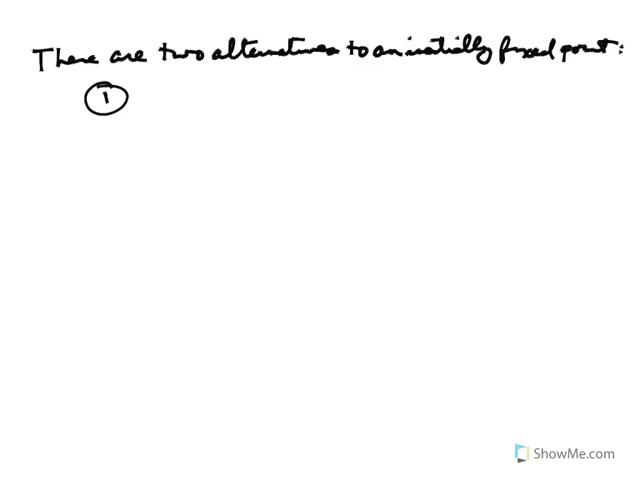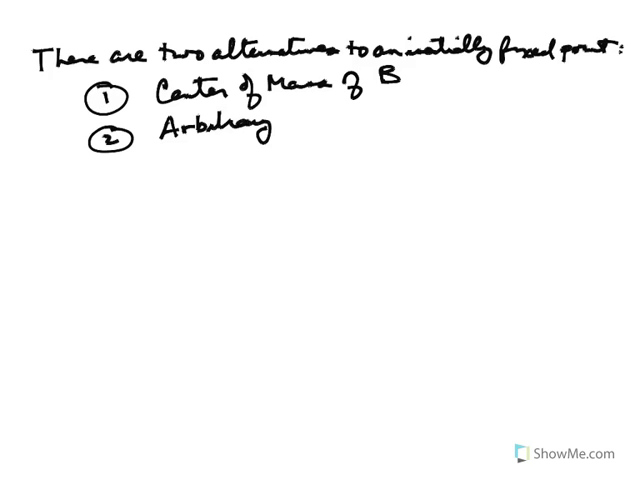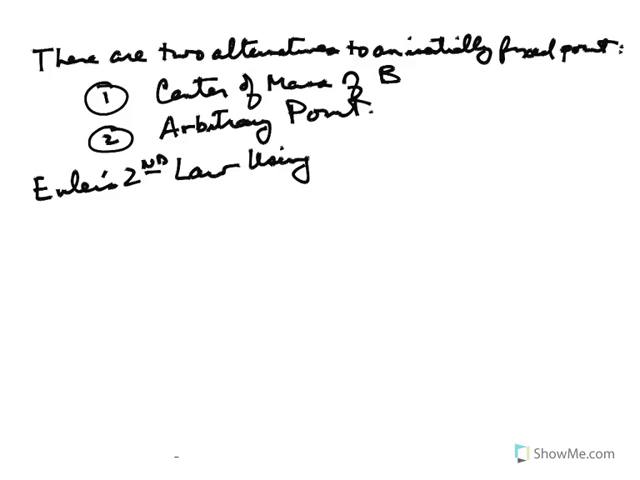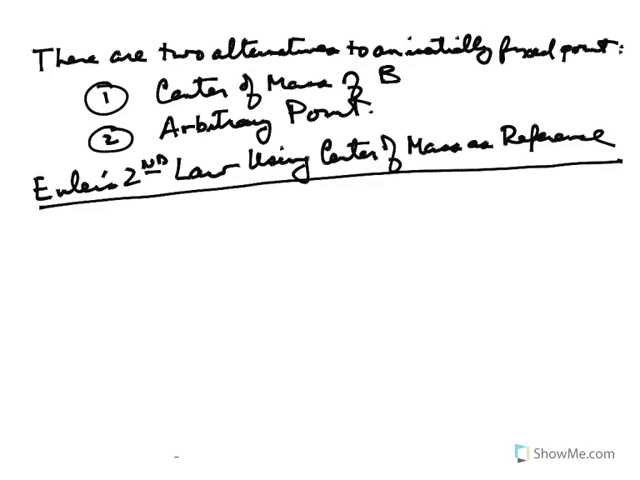1, which is the center of mass of the rigid body, and 2 is an arbitrary point. So let's start with the center of mass, okay? So Euler's law, or Euler's second law, using the center of mass as the reference. Now in this particular case, what we're going to do is start with the